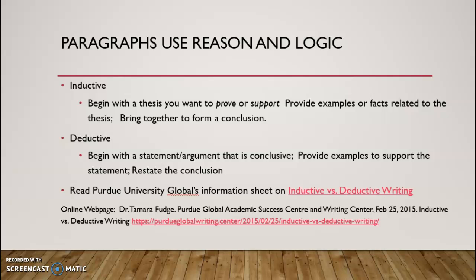For instance, inductive reasoning begins with an idea or a premise that is not proven or determined. So think about you want to eat out with some friends. You find the related evidence to support, where shall we go to eat? So you might want to look at the type of food you want to eat, the cost, the access, and the availability. Once you've developed those points, it allows you to reach a conclusion. That's inductive. Start with something that's not proven, build your points, and then make a firm conclusion.